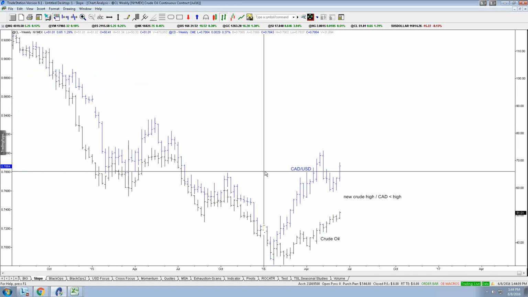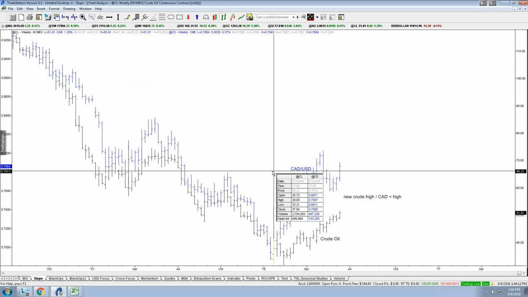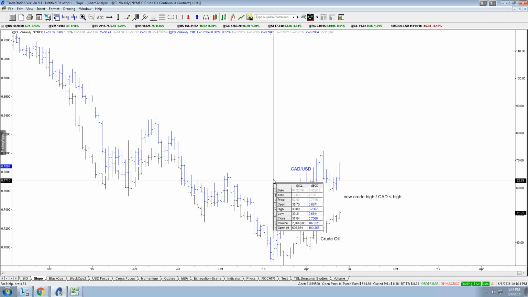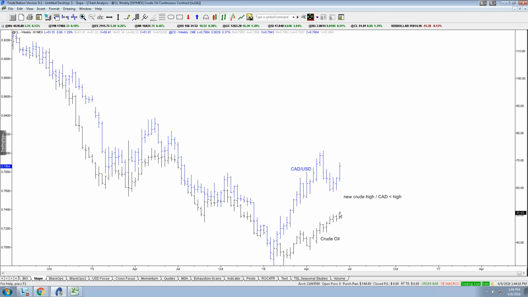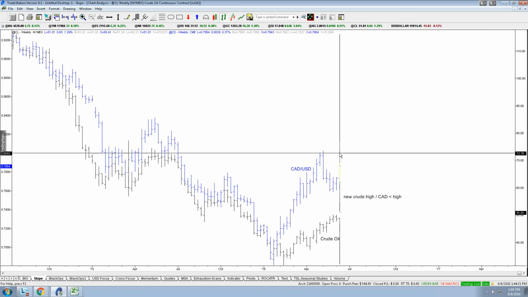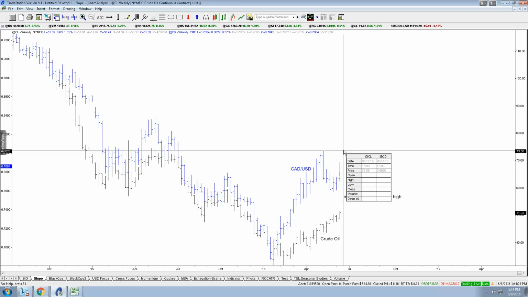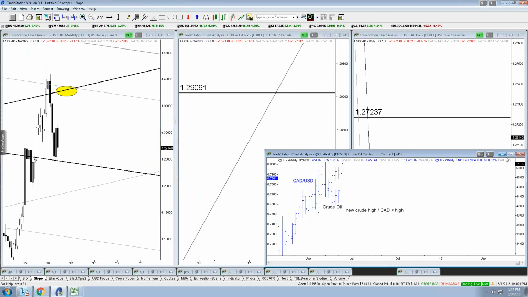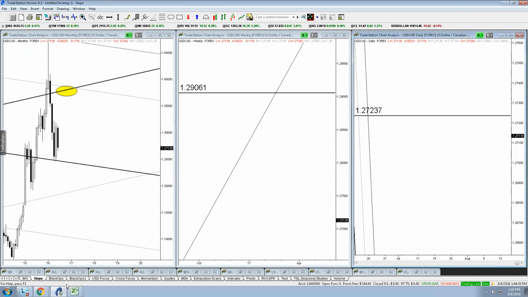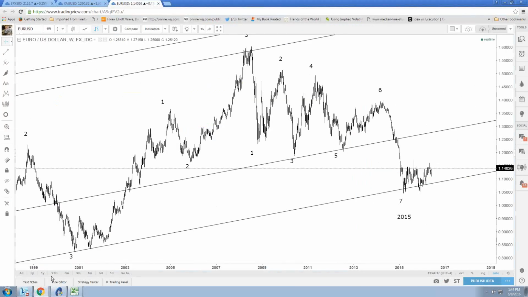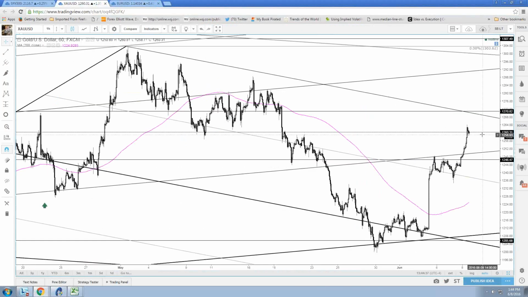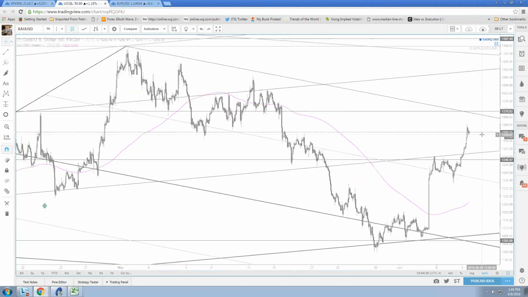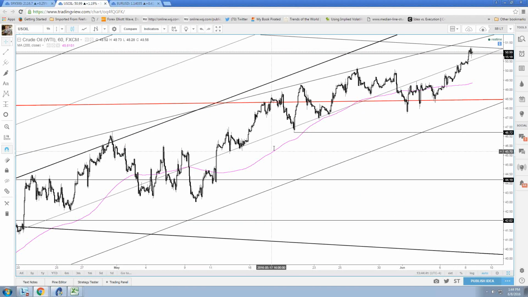And obviously back here in February, we had first the bottom in CAD. A month later, we had it in crude. Well, here we are now. Crude's at a new high. Canadian dollar is not. All right. Doesn't mean that crude's going to crash tomorrow, but it does mean that I'm treating this move higher in crude oil right now as a false kind of fake out before everyone gets screwed.